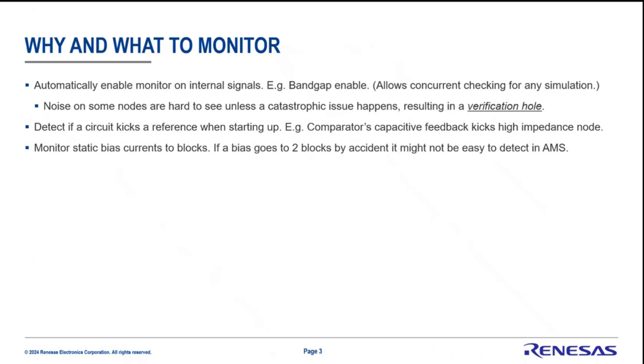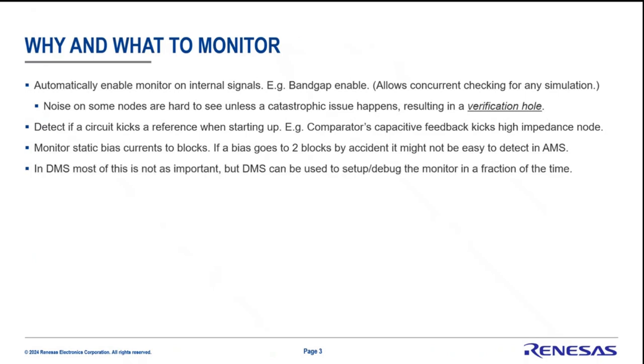We could use it to monitor static bias currents into a block. So you're trying to check that you're getting 1 microamp into a block. You could easily just go, every time that block's turned on, constantly monitor the bias. If it goes outside of the 1 microamp plus or minus some tolerance, then let me know. And again, this can be done all concurrently. So every time you re-netlist or pick up design changes, your monitor's already there. And the nice thing is you can do all of this in DMS,